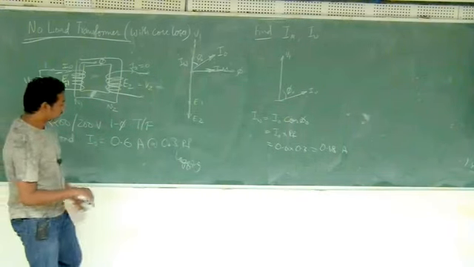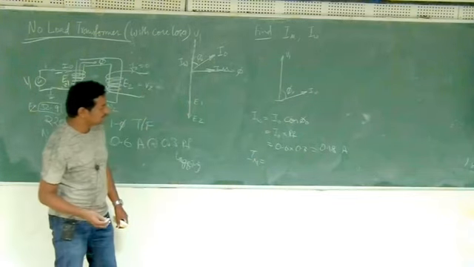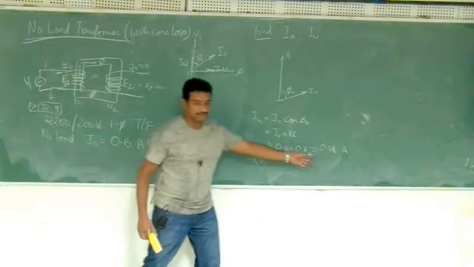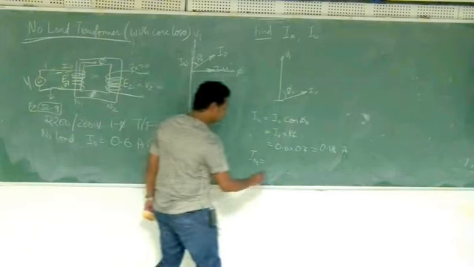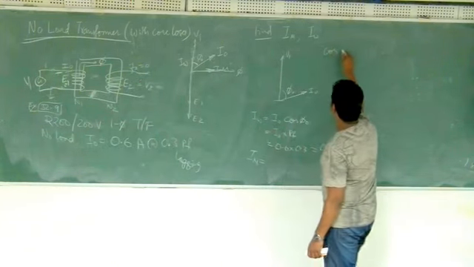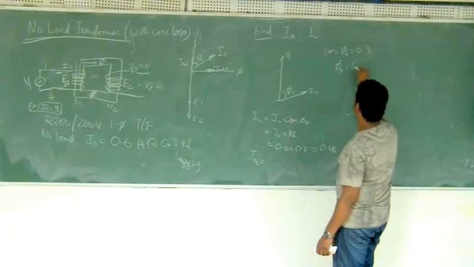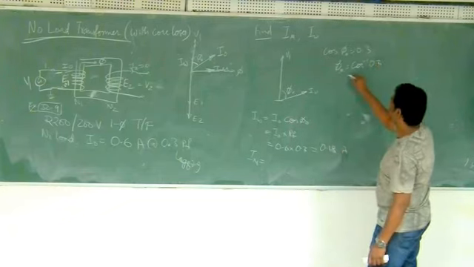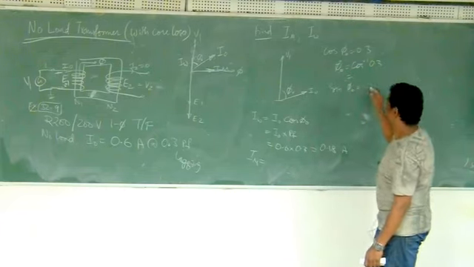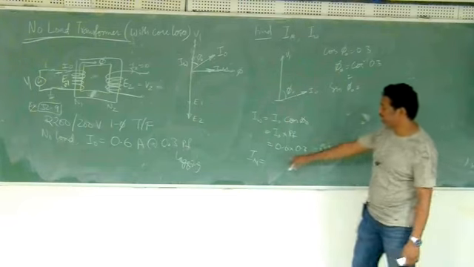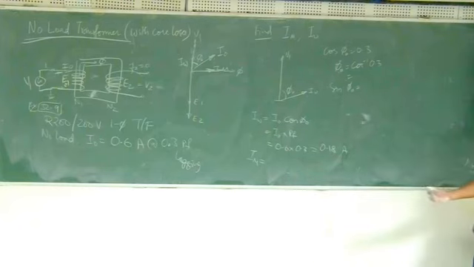So how to find I mu? You can use the same procedure, 0.6 square minus 0.18 square under root and all these things, or you can also think of it like this. If cos of phi naught is 0.3, then what is phi naught? Cos inverse of 0.3. So you will get some angle. Then you take the sine of that angle, sine of phi naught, and you will get some factor. Then you multiply that factor with I naught. Again you will get the same number. So there are different ways of doing it.